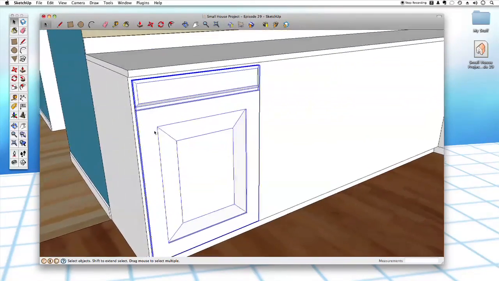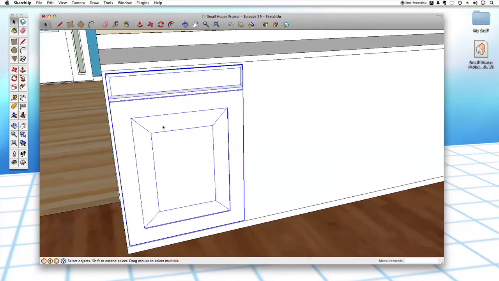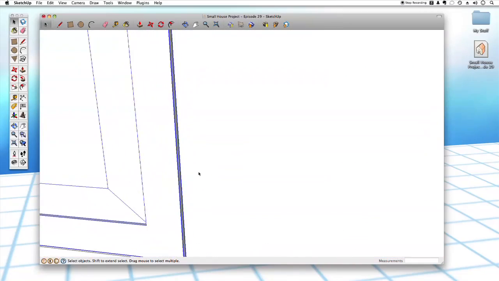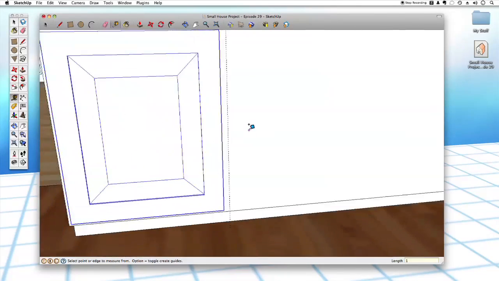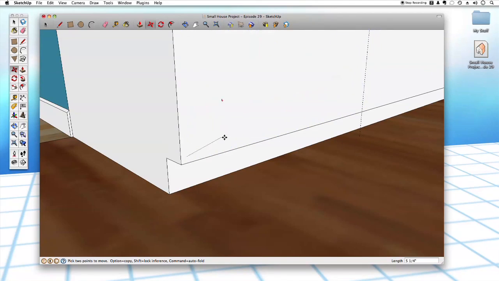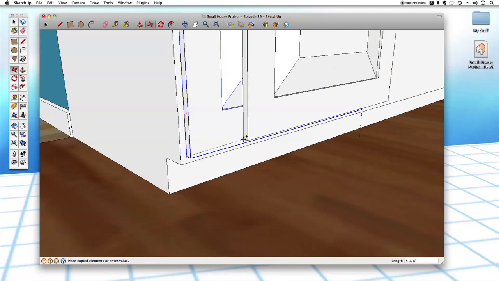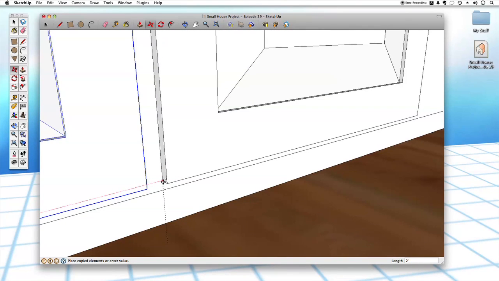Remember, we have a 1/2 inch border on this whole thing. So if we're going to have two of these side by side, there's actually going to be an inch of gap between them. So I'm going to draw a 1-inch gap just as a nice little guideline. Now using the move tool, I'm going to grab this guy right here by this corner, and hit the Option key to grab a copy of him. Snap him right